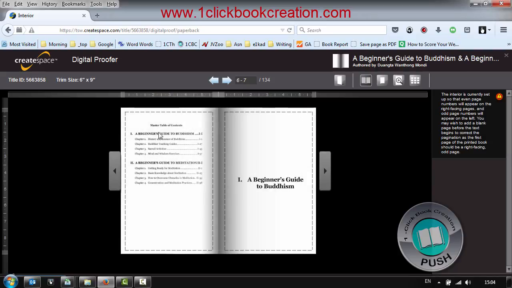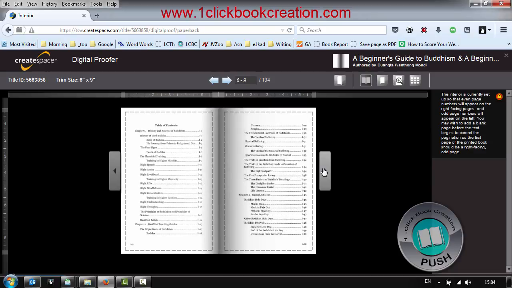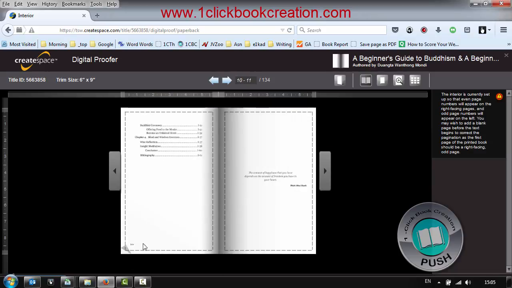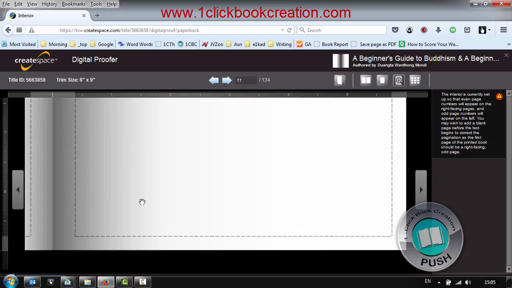And then I have a master table of contents, because I have two books in this compilation, a beginner's guide to Buddhism and a beginner's guide to meditation. So as you can see, I've got book 1 and book 2. And I want my books to start on a right-hand page, which is correct. That's an odd numbered page. And then I open it up, and then I have the table of contents for the first book. And if I just zoom in,